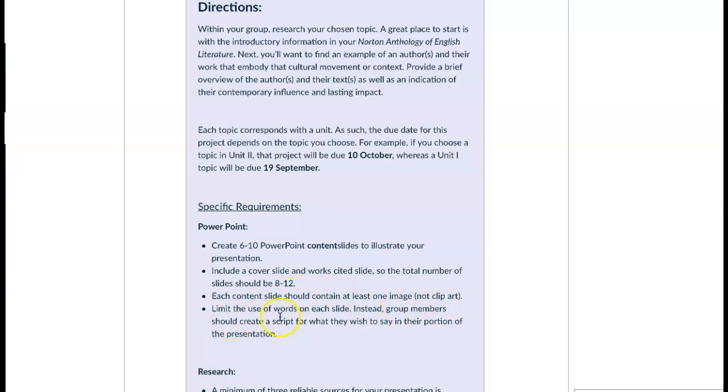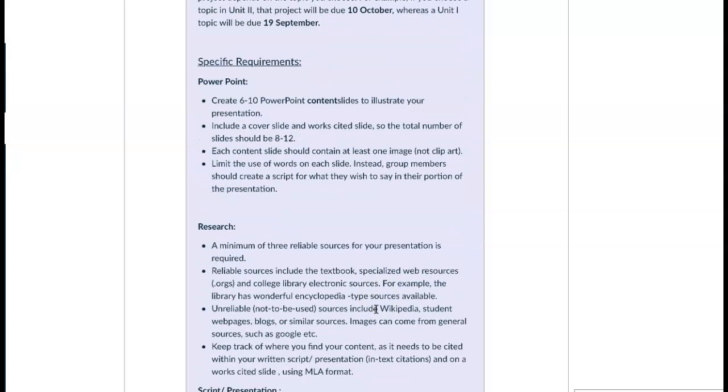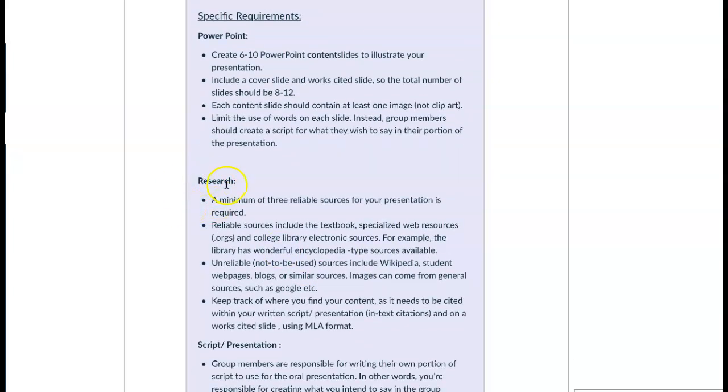Also keep in mind the tips for making a good PowerPoint. You want to limit the use of words on each slide, and instead I'm asking that each group member create a script of sorts for what they want to say for their portion of the presentation. As far as research, you are required to have 3 reliable sources for your presentation, and that can be anywhere from